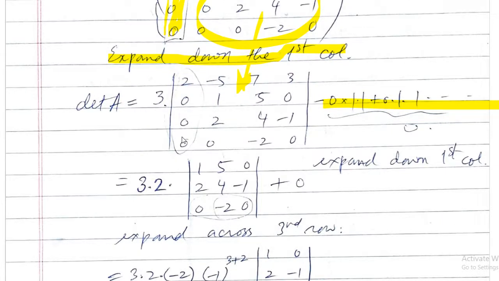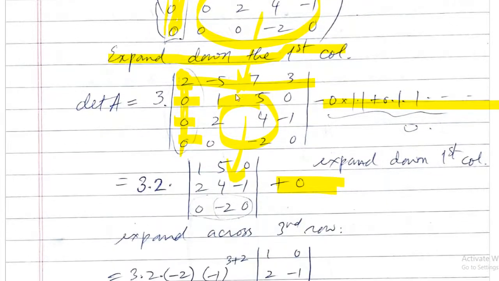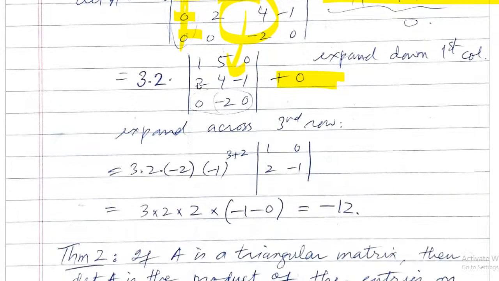Now you see I get another matrix, and again the first column has most of the zeros. So again I will choose the first column to solve it. So I will pick the first entry to remove the row and column. I got this determinant which is here, and now I don't have to write anything else. Why? Because I'm going down. Minus 0 plus 0 minus 0 does not give you anything. So all contribution will be 0 from there. So see, 5 by 5 determinant becomes 4 by 4, and 4 by 4 becomes 3 by 3.